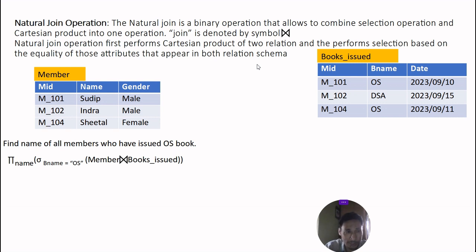What we have to understand before performing natural join is that two relations must have a common attribute and the domain of both attributes must be the same. So here I have created two tables, members and books issued. In member there is MID, in books issued there is also MID. The domains of both attributes MID in member and books issued are the same. So we can perform the natural join between member and books issued on the basis of the common attribute MID,